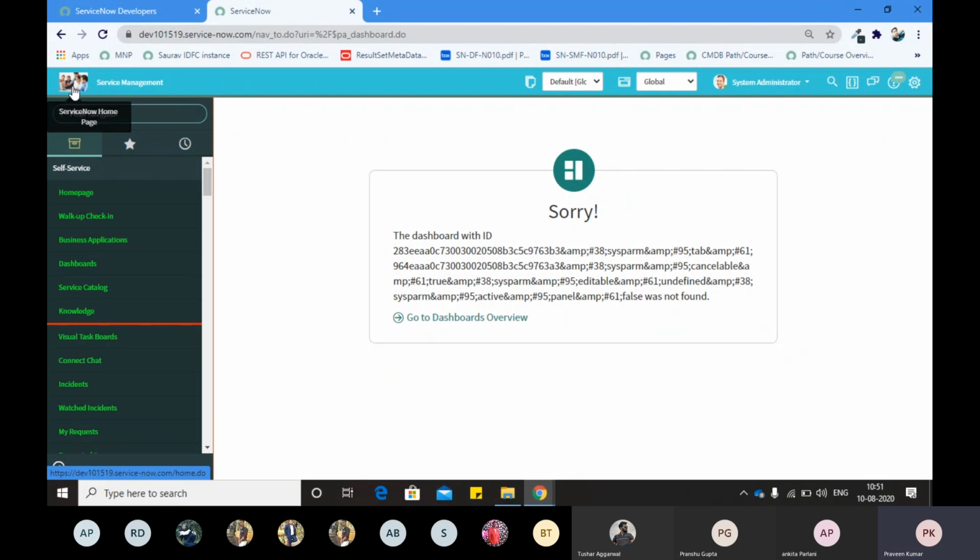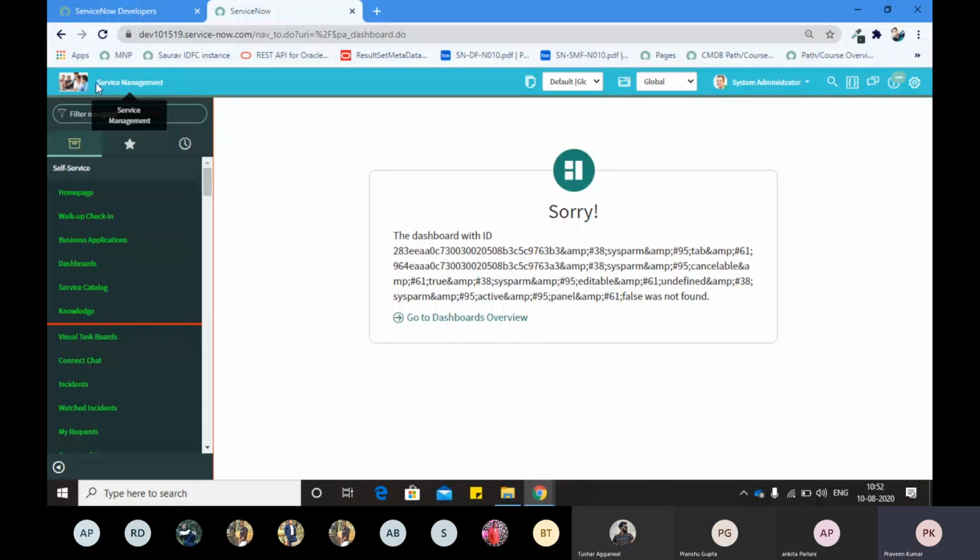So this is called the icon, and once you click here, for example, if you are on any other page, as soon as you click here, it will take you towards the home page. So every user also has a home page in ServiceNow, right? Actually I was doing something wrong, so that's why it is not showing me my home page. Otherwise, whenever you log in, it will take you towards a home page, right? And mostly, 99%, we have a home page for every user, at least some home page for every user, right?